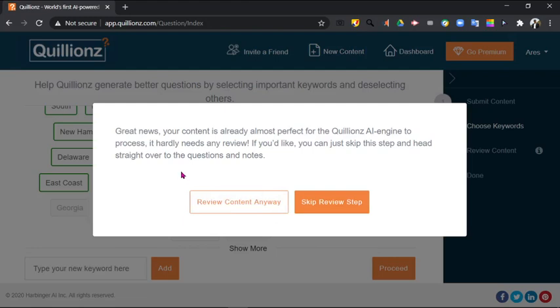That means if the text is very good, there is no need to review or edit it, and you can skip this step and go straight for the questions. It will generate the questions from this text. It has no problem in generating the questions from this text because it is perfect. The content is perfect. But